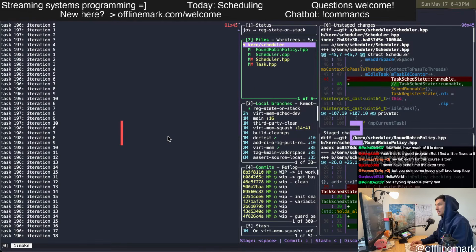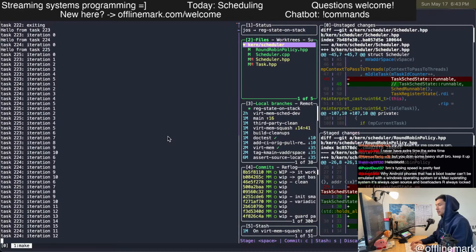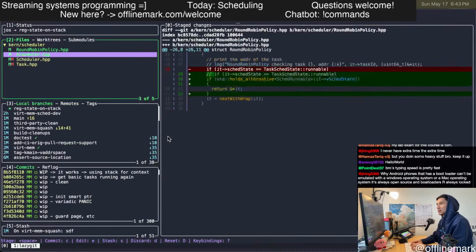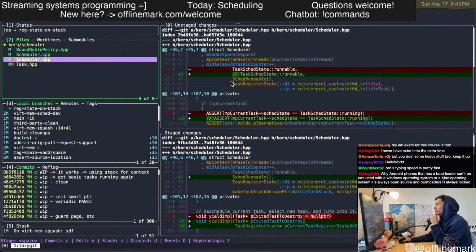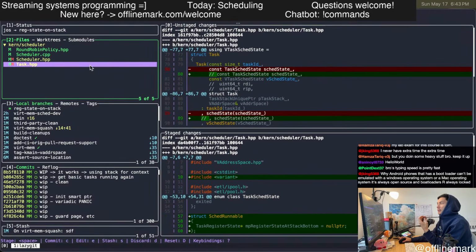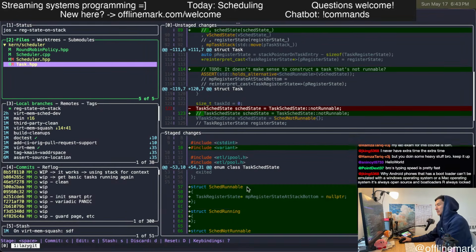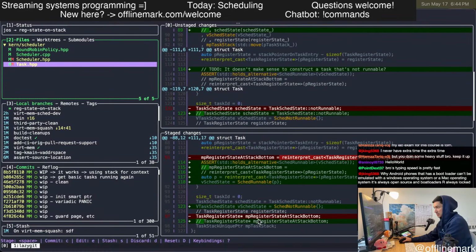Yeah, we are completely using this new way of modeling the state for the task. And it's either a smart idea or it's pretty stupid.